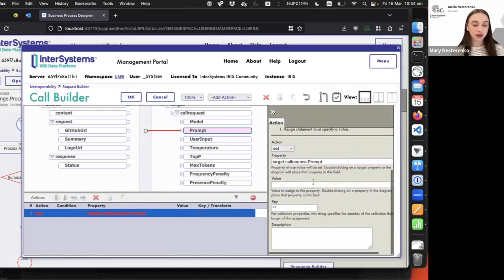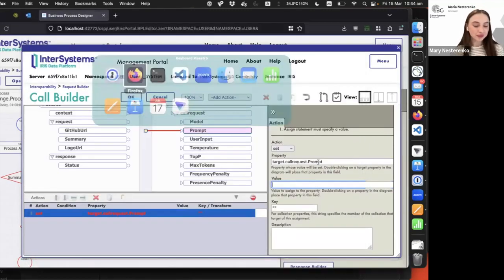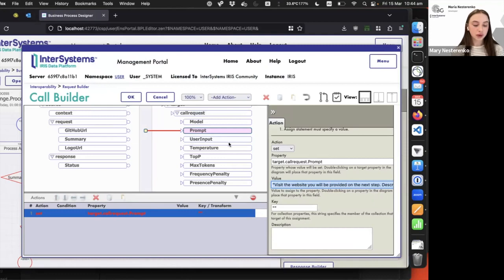text like visit website. You will be provided, you have an example. Okay. So pretty much this defines the prompt for our artificial intelligence, and the next one, user input, will actually provide the input for a particular request. For user input, we set GitHub URL,